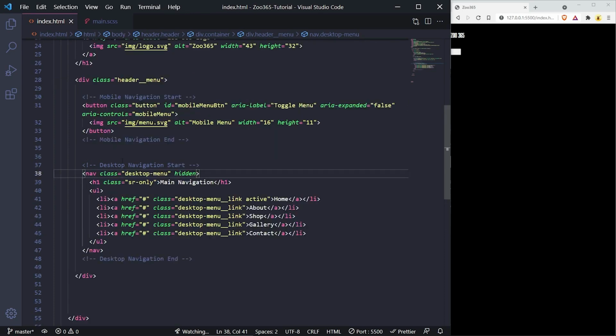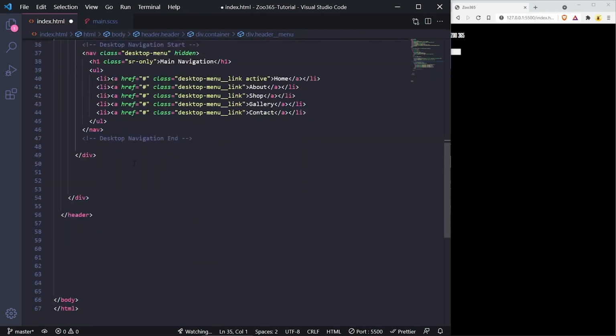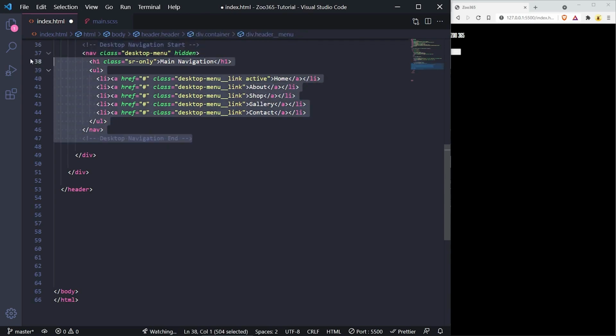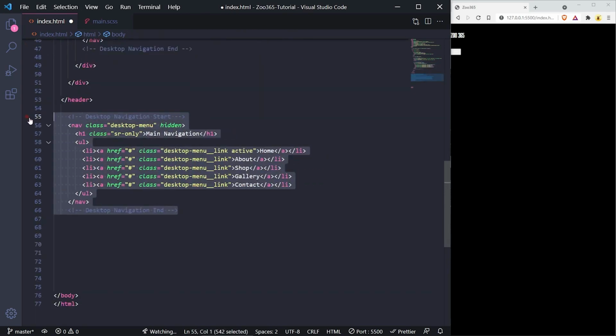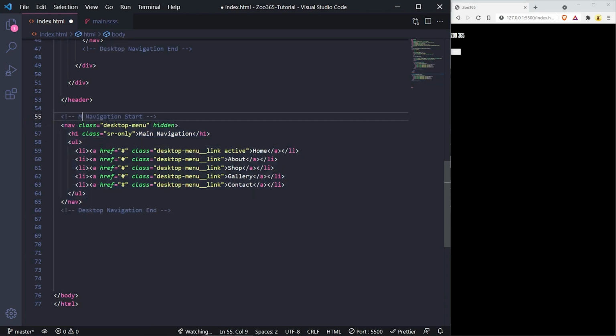And annoyingly, I might have to just put it outside the header. Yeah, let's put it outside the header because I wanted it to fly out a little bit. I haven't designed it, but I'm just gonna design it on the fly and make it super simple. In fact, we're gonna do something very similar to this. So what I could do is copy all of this. Let's copy the whole bit, paste in here,